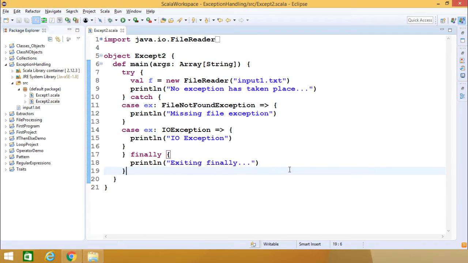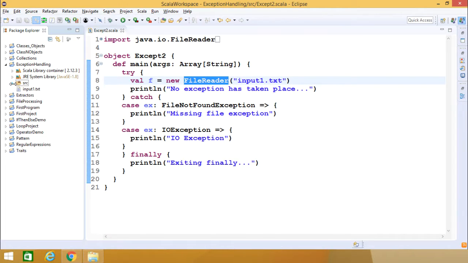We know that exception means erroneous condition. So here in this sample code, we are trying to open one file using this FileReader constructor. The name of the file is input1.txt, and there is an input1.txt which is pre-existing under this project folder. You can see it is not under this src. It does not disappear when I'm collapsing this src folder, but it is under this project folder. So that's why you can find that this